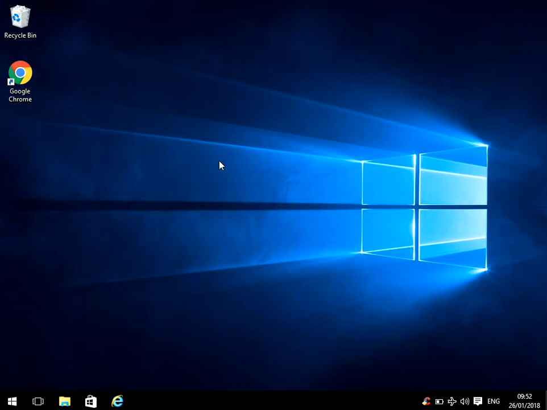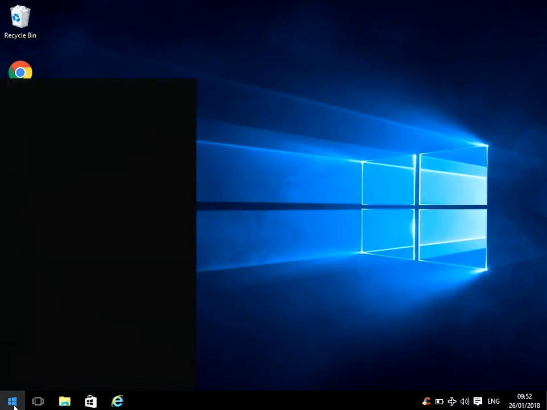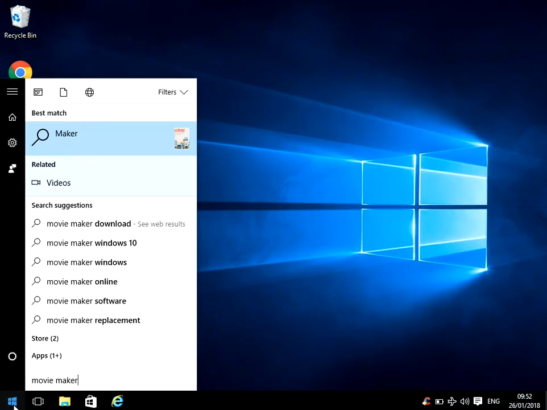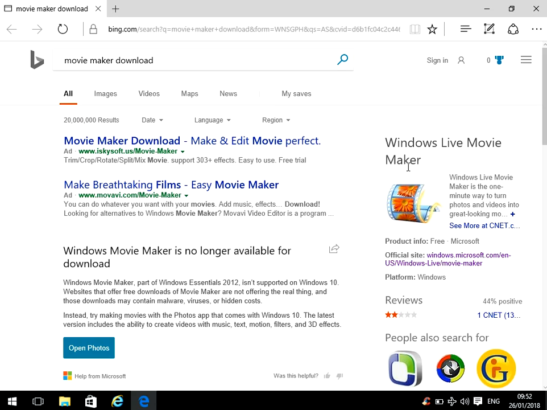Okay, Movie Maker was a nice application that you could use to edit videos. It used to be quite easy to install it in Windows, but in Windows 10 it's a little bit harder. So if we click on the Start menu and type in Movie Maker, we can see it's obviously not installed, the application's not popped up. So down here, if we click on Movie Maker download, it's going to do an internet search, and you can see that